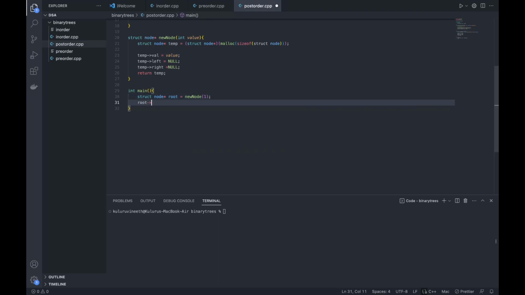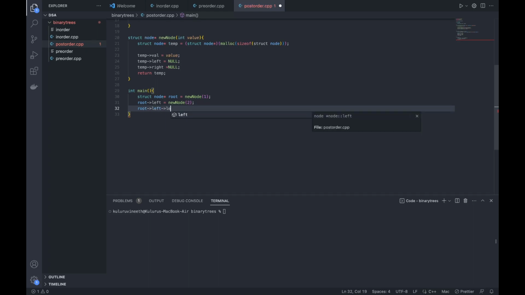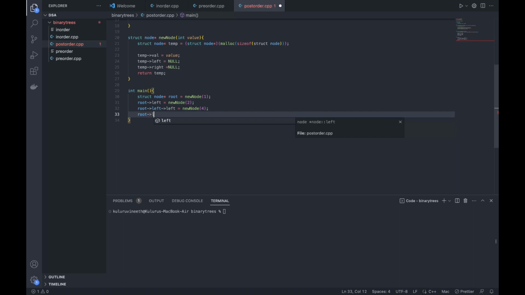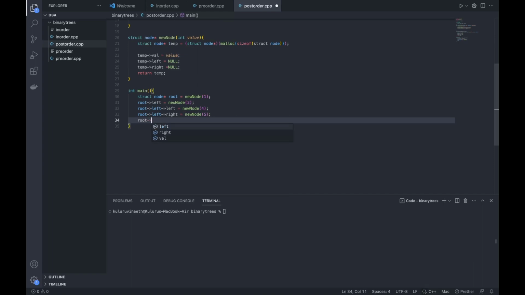Okay, root to left again, new node is 2, root to left is 4, and again root to left to right is 5. Okay, and then root to left to right to left is